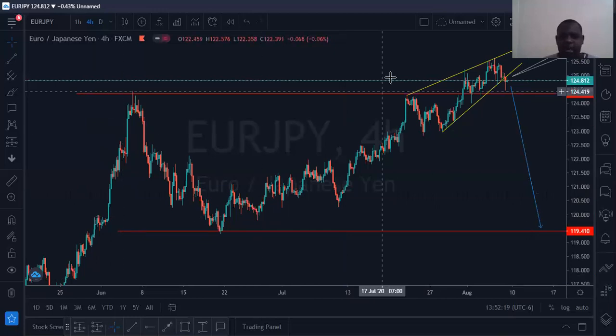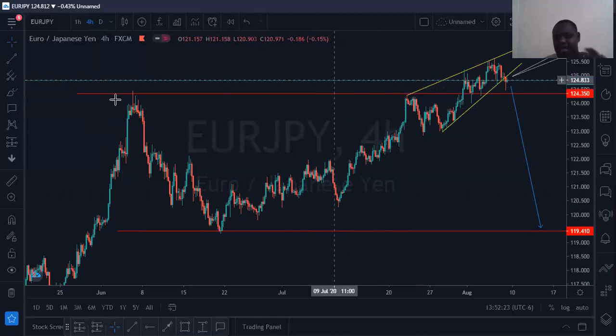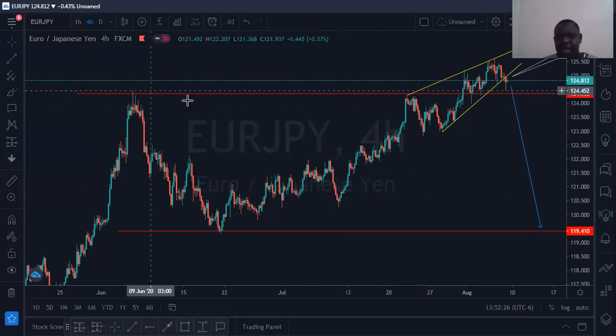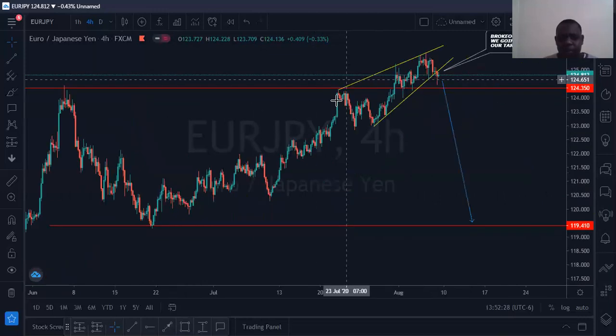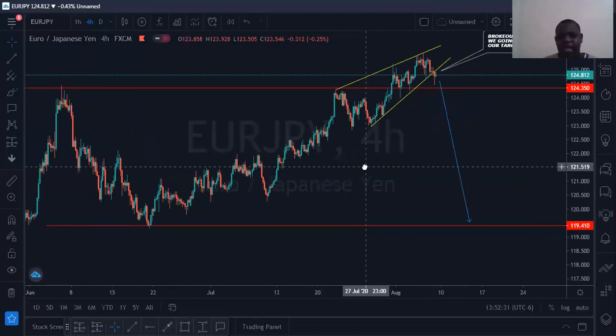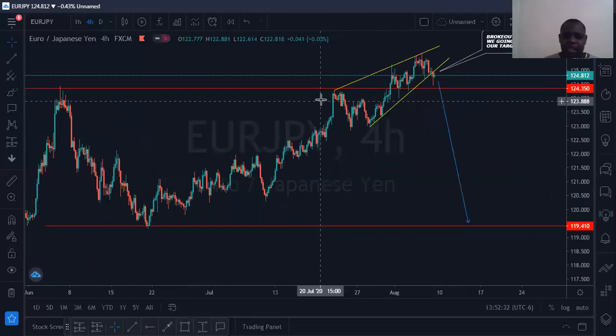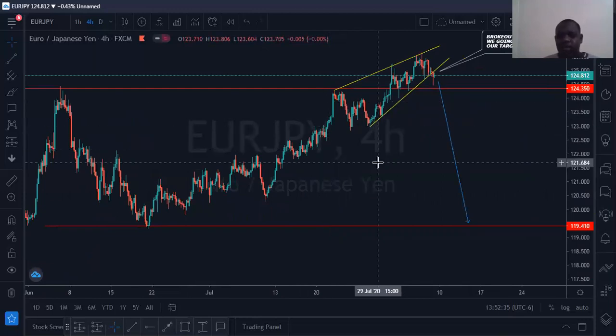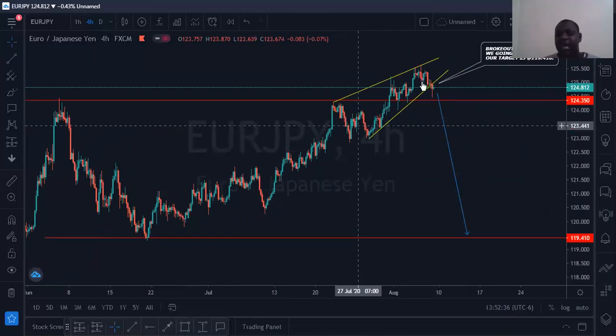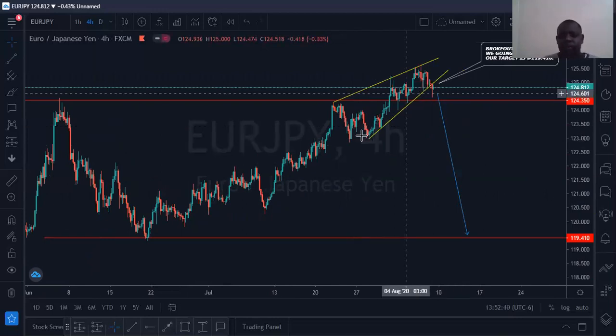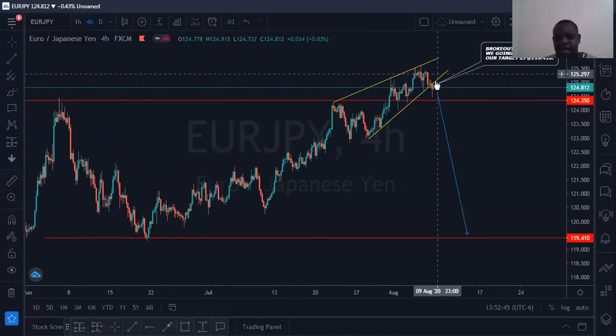Then again, we see the market here has given us a double bottom, but it hasn't yet hit the level. So many people took the sell from here, but again we saw that there's actually something, and we meet another rising wedge on EURJPY. Meeting another rising wedge, the wedge breaks the key point.